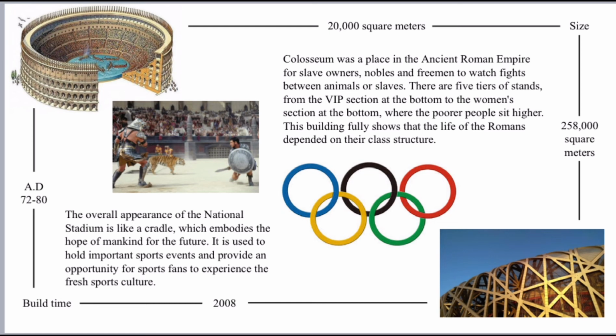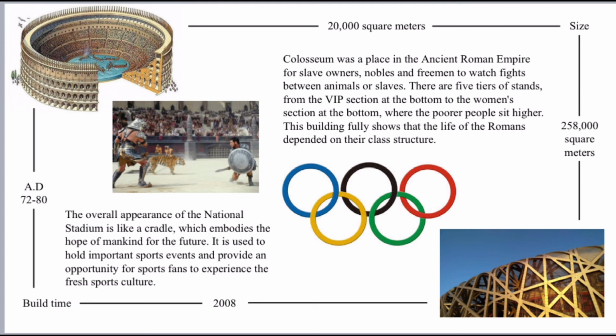First of all, because the Colosseum and the Beijing National Stadium look very similar. They both look like a bird's nest. They are places for people to watch sport events, but they are nearly 2,000 years apart in